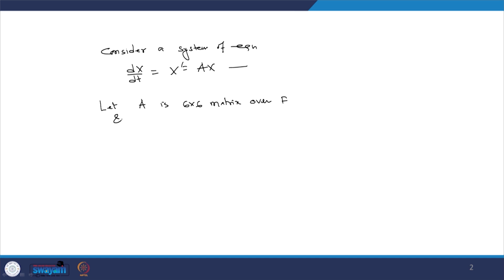a system of equations, an autonomous system, please. X dash is equal to Ax, dx by dt equal to x dash is equal to Ax, please. Let A be a 6 cross 6 matrix over the field capital F, and its characteristic polynomial